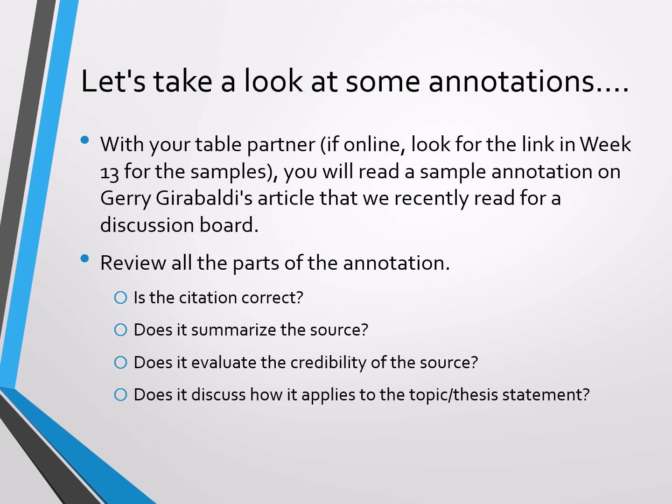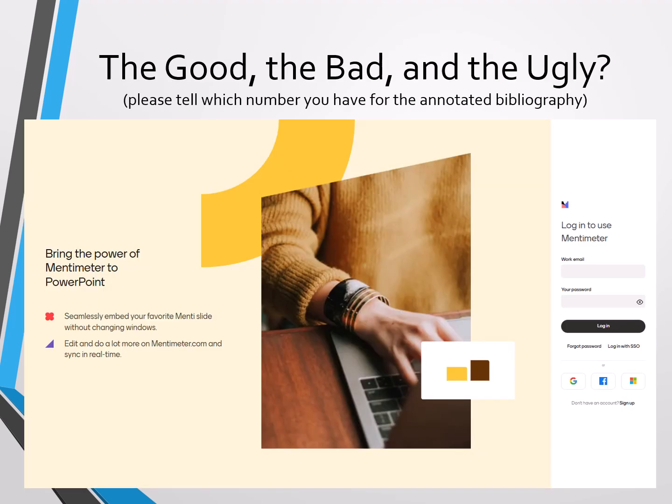4 things I want you to look for. Is the citation correct? Does it summarize the source? Does it evaluate the credibility of the source? And does it discuss how it applies to the topic and thesis statement? Now, the Mentimeter is not working on this one, so we can skip that. But I do still want you to take a look at those 3 samples because, and this is where it gets interesting,